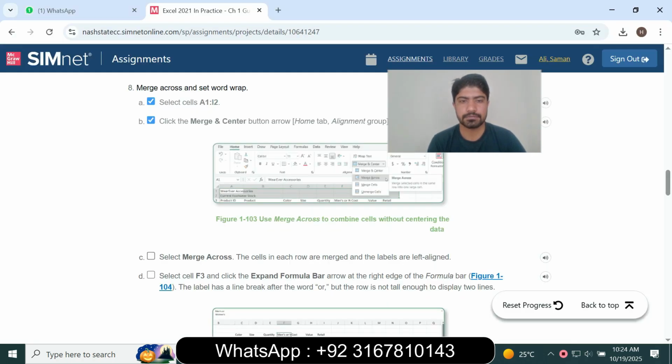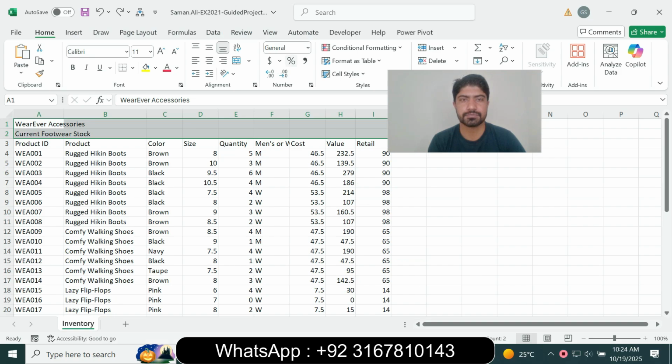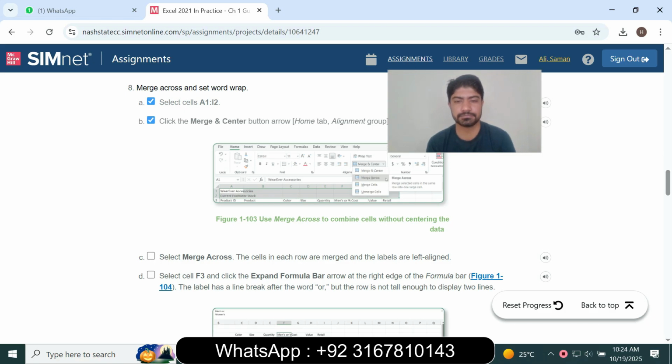Sorry, and select the merge across. The merge across, and next is the cell each merge on the label in the left line. And next is